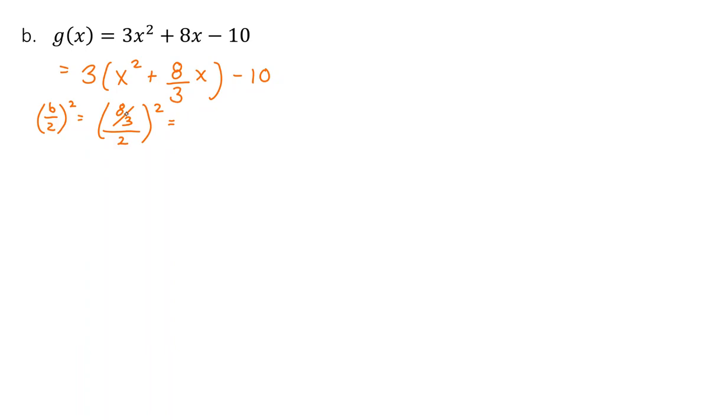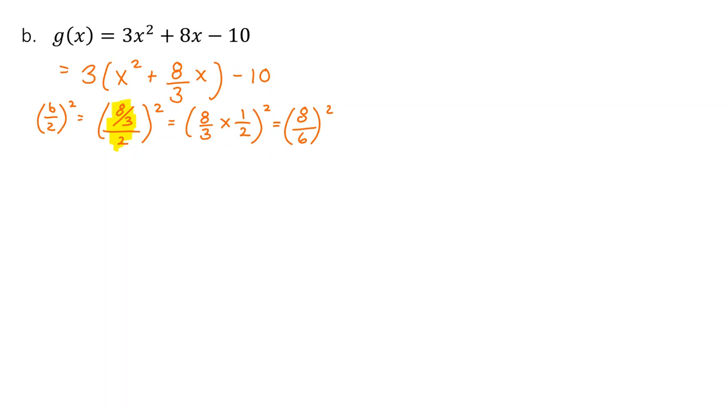So we're just going to focus on what we have here in the bracket, which is 8 over 3 divided by 2. Another way of saying that, if we remember our warm-up, is 8 over 3 times the reciprocal of 2, which is 1/2. If you keep going, that becomes 8 over 6